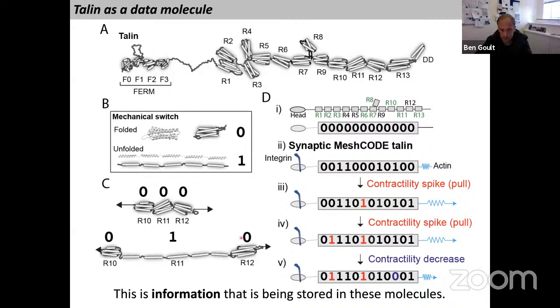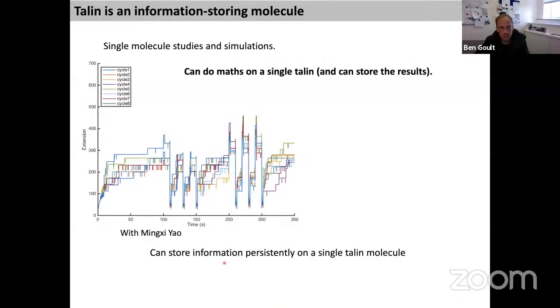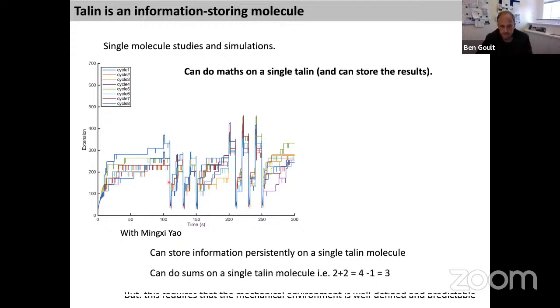So what I'd like to argue is that this is information that's being stored in these molecules, and we can show that, because as we know how these molecules are behaving, we can do this experimentally and in simulation. You can physically push and pull on these in a uniform, quantized manner, and you can write information into the shape of the molecule as a function of force: adding force, having a contraction, adding it. So you can build up and write the shapes of these molecules in an incredibly reproducible way.